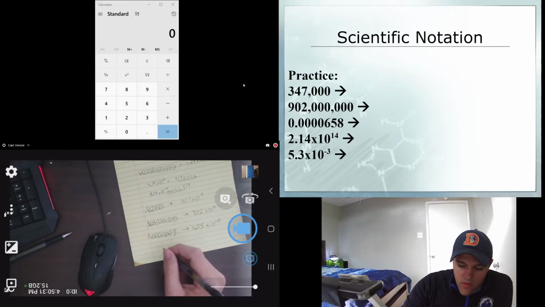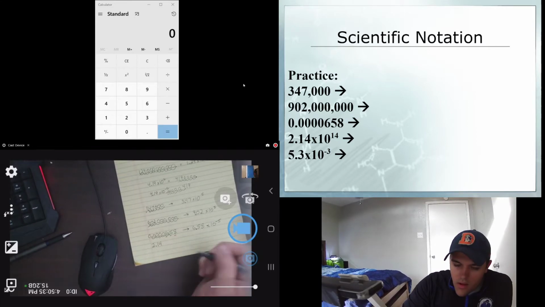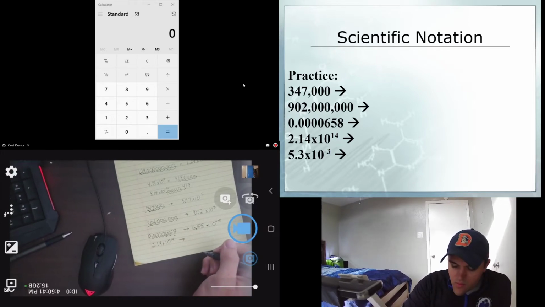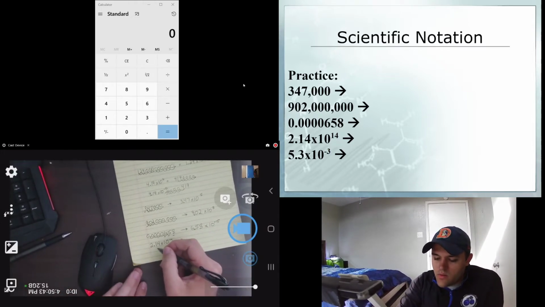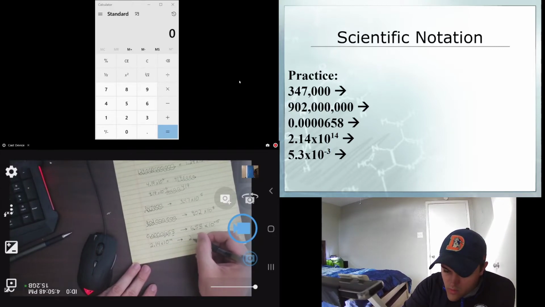All right, we've got two more. So here, these last two are showing you going from scientific notation back to standard. So here, we start off with 2.14, so we know